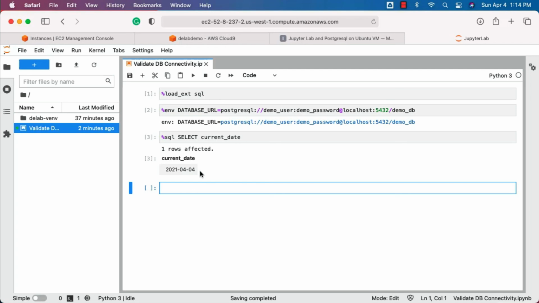This is how you should be able to integrate JupyterLab with Postgres using Ubuntu as the operating system. You need to make sure the virtual environment is activated. You have to make sure additional libraries such as IPython SQL are installed, and also we need to confirm whether SQLAlchemy is there or not. You need to have a database in Postgres. Once you have the database, you can start JupyterLab and then set this environment variable after loading the SQL Magic, and then you can start running queries against the databases to which you are connected. Make sure you are comfortable with this so that you can follow the content with ease as you get into database essentials with SQL using Postgres.